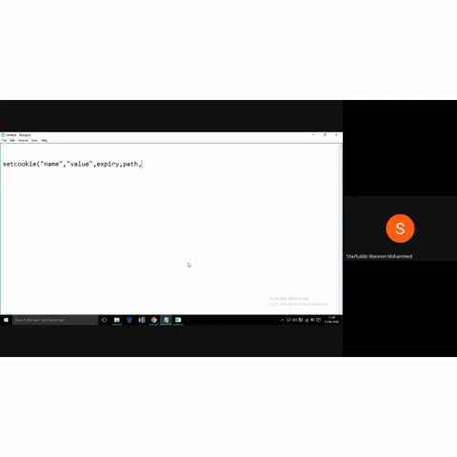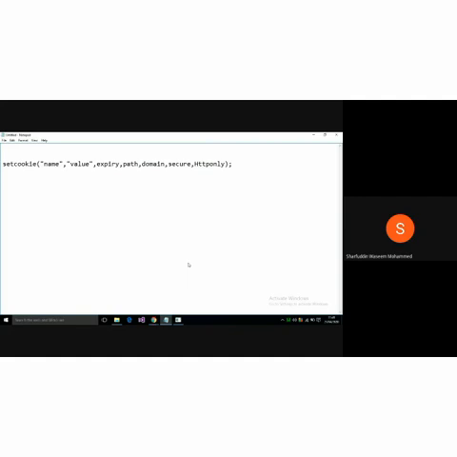The next one is domain. By default in our case the domain will be localhost, so we replace the value here with localhost. The next one is secure. This lets us make the protocol the HTTPS protocol, so we put a true or false value for secure. And the last argument is HTTP only. This is also a true or false boolean value.